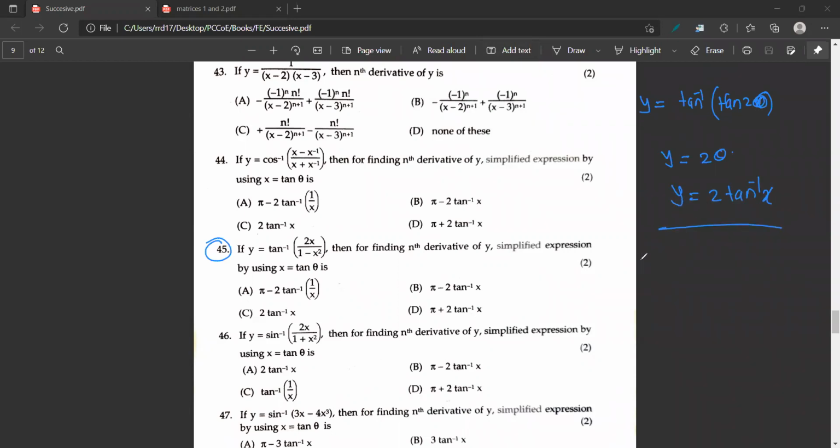And in the next step, they ask you to find yn. Now, do you remember what the yn is for this? I have also explained this by substitution. What is it for tan inverse x? So yn is equal to 2, keep it as it is, minus 1 raised to n minus 1 into n minus 1 factorial into sin theta 1 raised to n, into sine of n theta 1. What is this theta 1? Theta 1 is equal to tan inverse of 1 by x. So that was the formula. Understood?